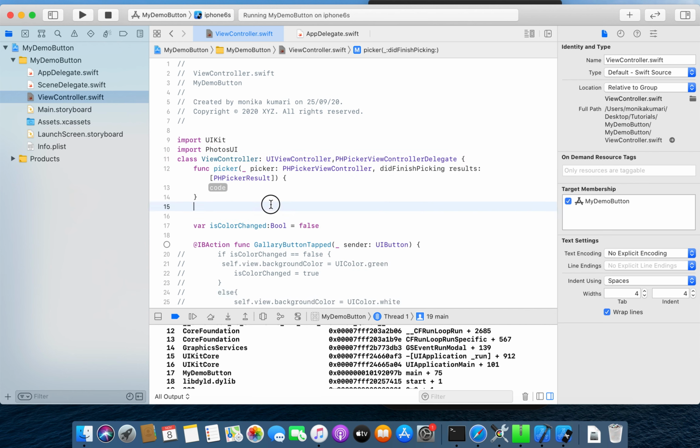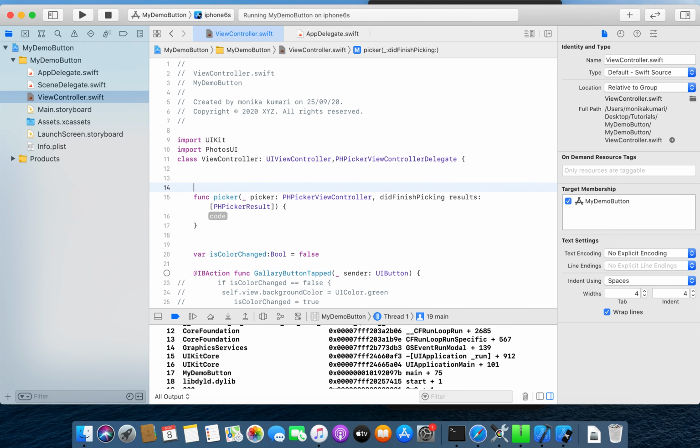So here we get the protocol or a delegate method. So what we can write, we will just make a comment here writing a // MARK:. So this will just separate our delegate method when we search for it.